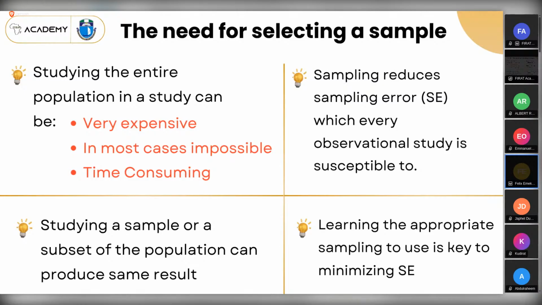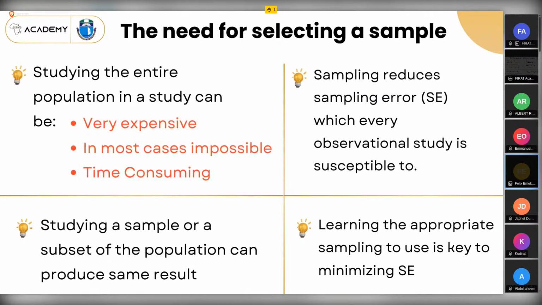This whole sampling thing, and this whole sample size thing, they said, okay, as long as you systematically calculate the sample and you systematically pick the number, they can be representative. So they have removed that burden of using an entire population from us, because an entire population can be very expensive. Imagine you are doing a research in your community. Imagine how many people are in your community, and you have to interview everyone. That can be very expensive, and most of the time